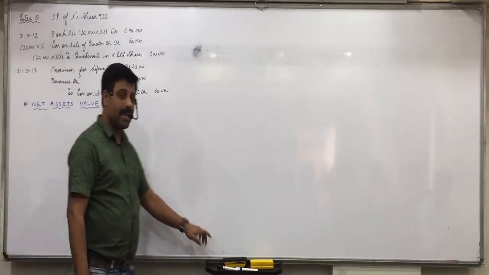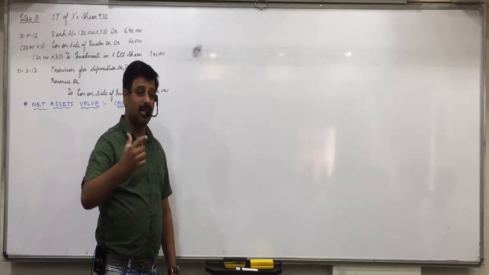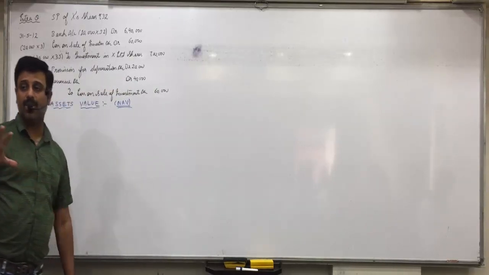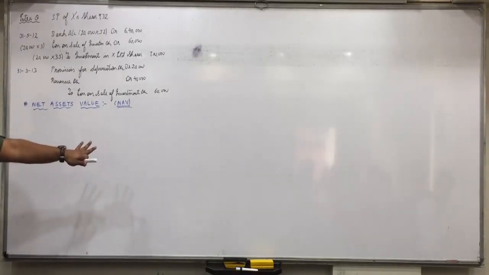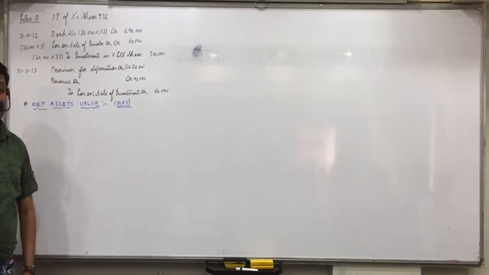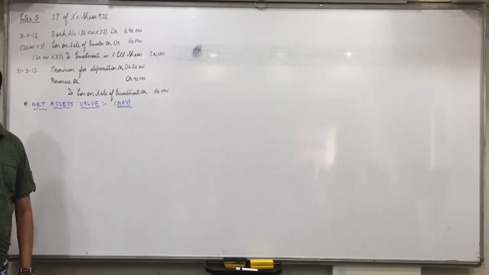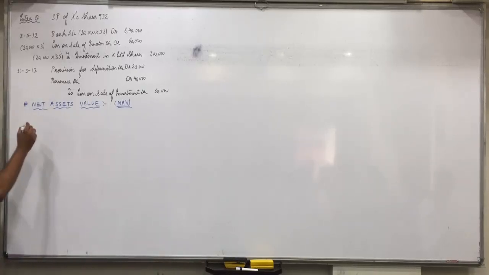Like shares are recognized in the stock market by their market price quoted in NSE or BSE, in the same way mutual funds are recognized in the market by their NAV. So today if you want to buy the mutual fund, you would buy it at yesterday's NAV, because NAV is calculated at the end of every day. During the day the value is not available, it will be calculated at the end of the day. So you buy at yesterday's NAV, and if you want to sell, it will be sold at today's. Any confusion with that?